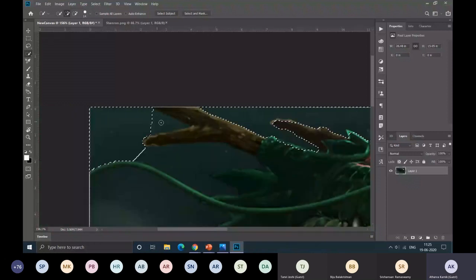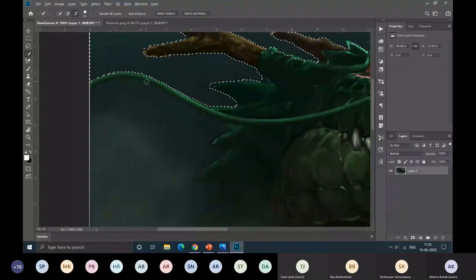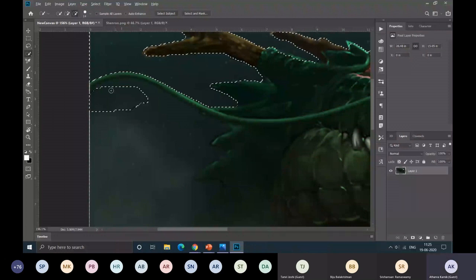So this way you can speed up your editing. Deselecting this mustache beforehand. Like this.